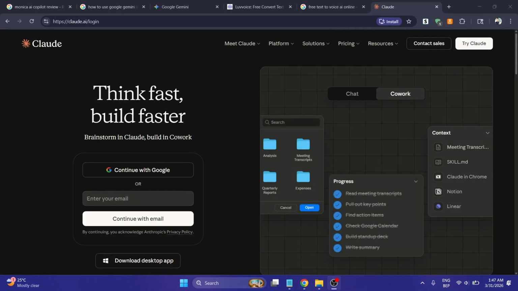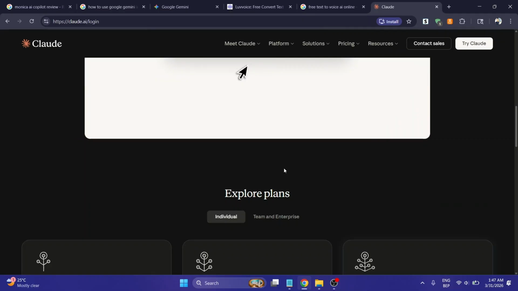4. Claude Projects, for large scale. If you prefer the web